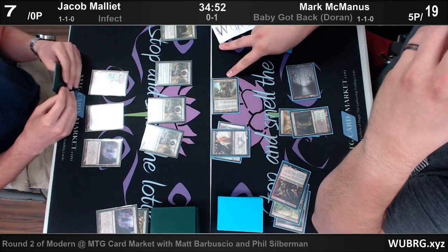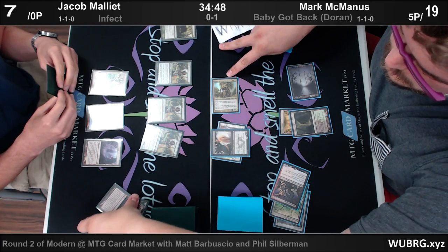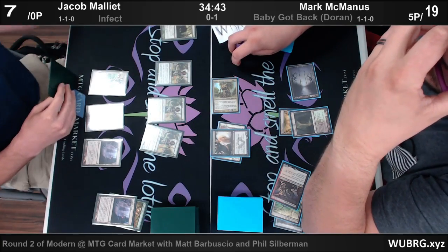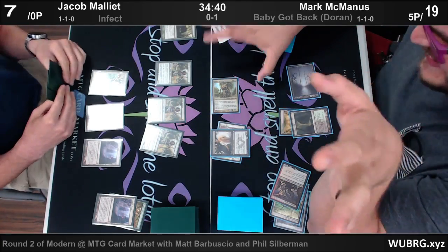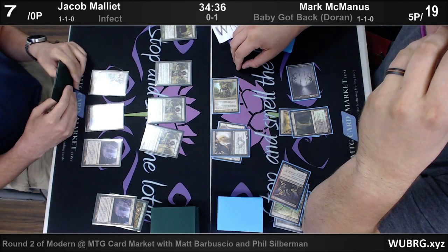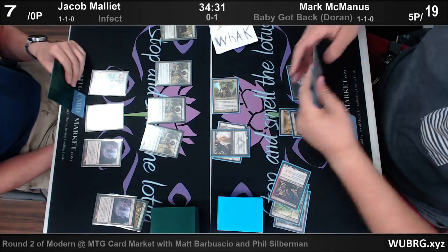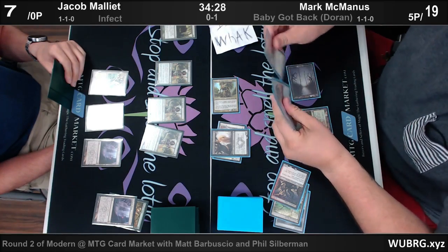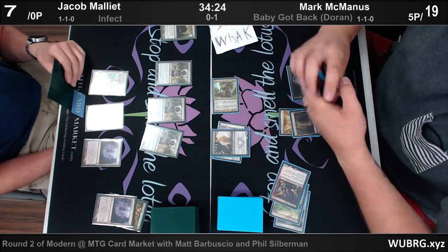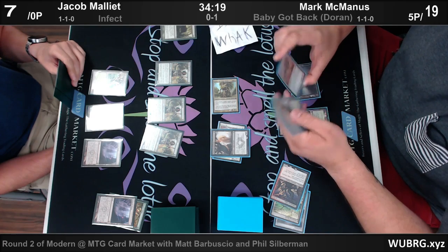I'd forgotten that Mark has Fulminator Mage in his sideboard, which is a pretty excellent sideboard card against him. It's definitely a card that can be too slow, but it's in the same vein as if I'm playing Jund, I board in Grudge. You board in a Grudge because Inkmoth Nexus is a card that's just annoying to kill. But yeah, Disowned Ancestor getting in there. Another 1 mana 0/4 that can get bigger. I love that card. I think right now he's debating whether he should just main phase Abrupt Decay this Wild Defiance. Not knowing that the...